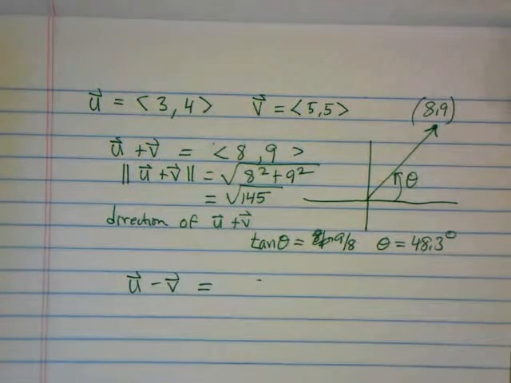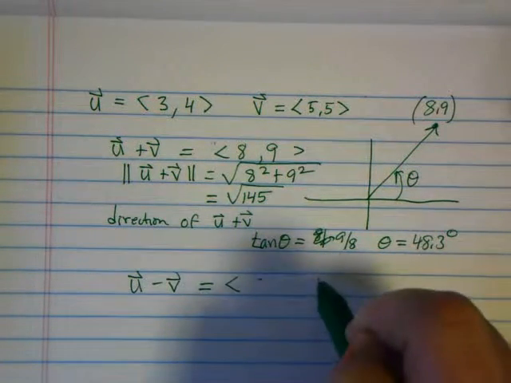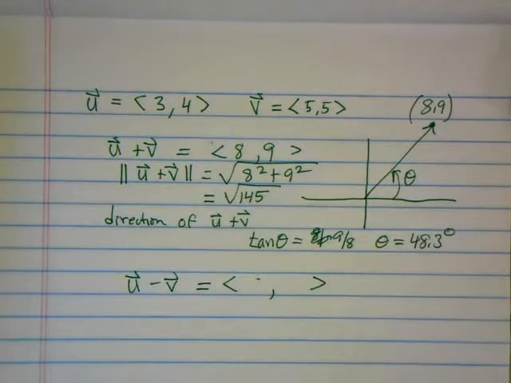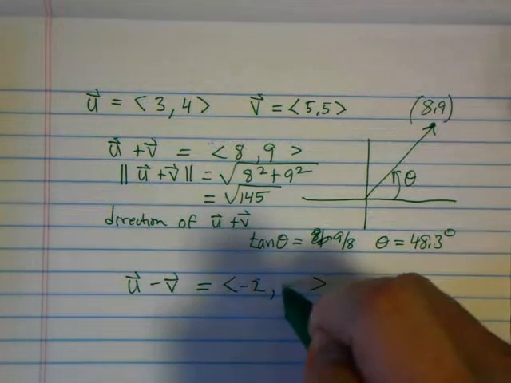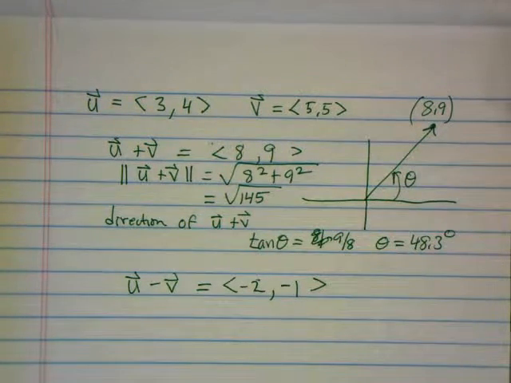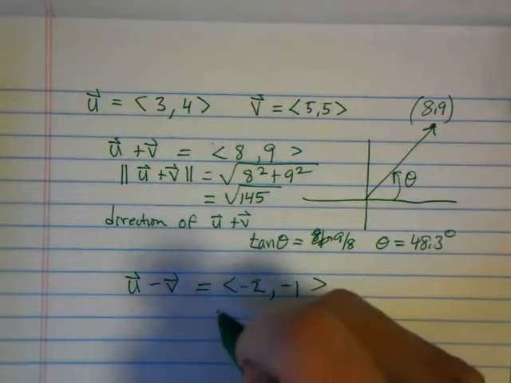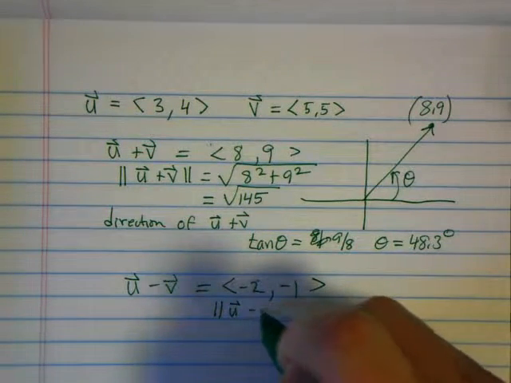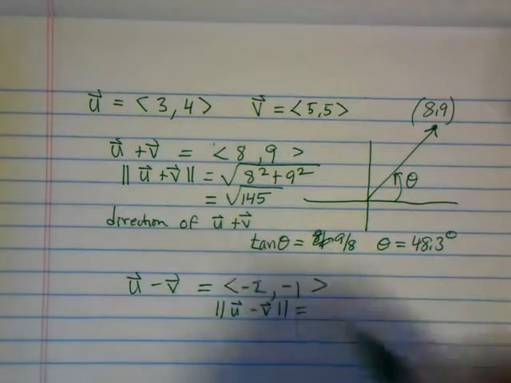What would u minus v be? -2, -1. And then I could ask the exact same questions again. I could ask you to find the length of that. And you would tell me it's,